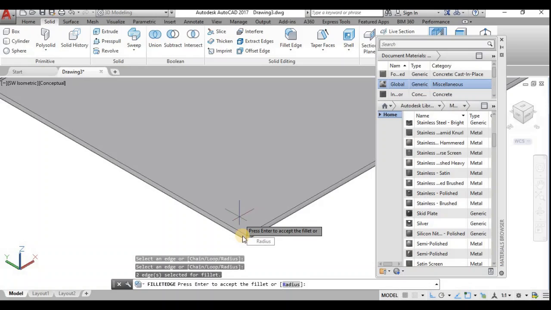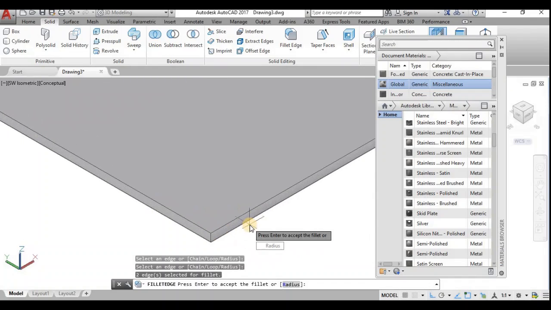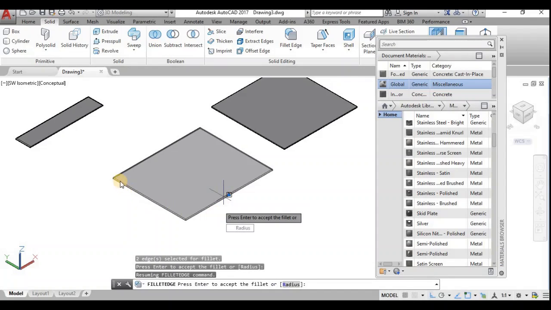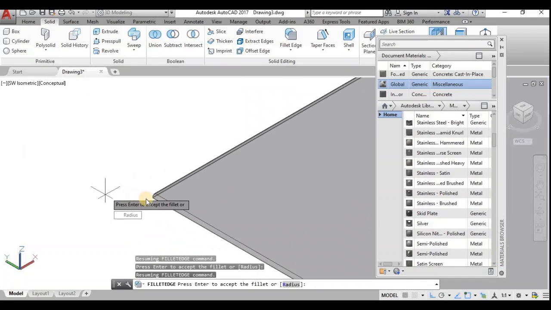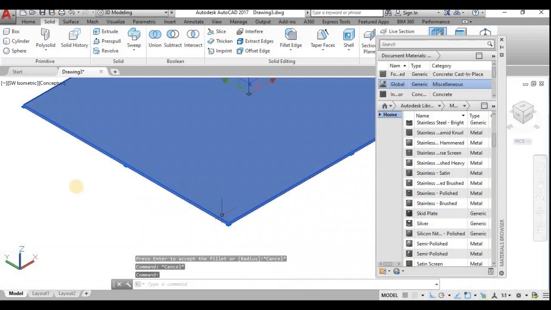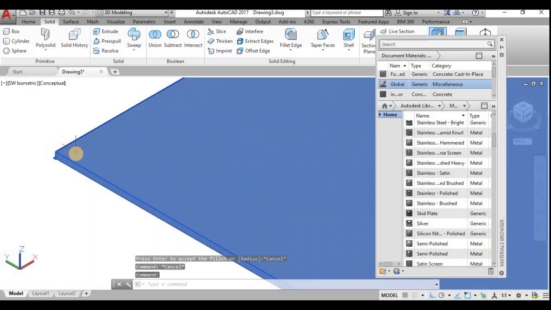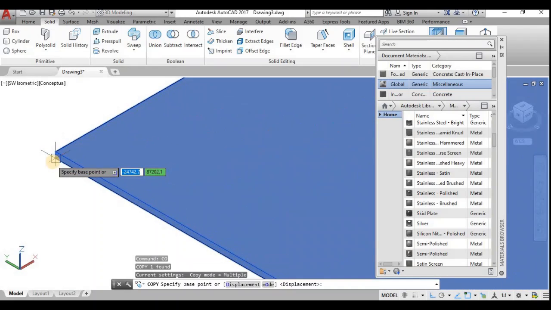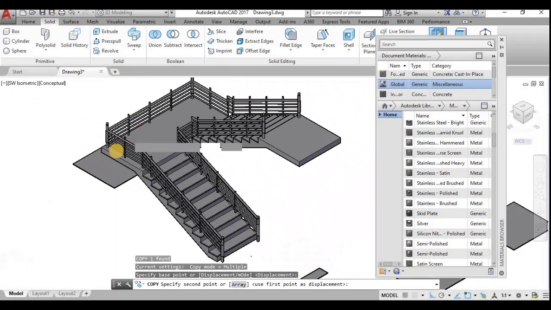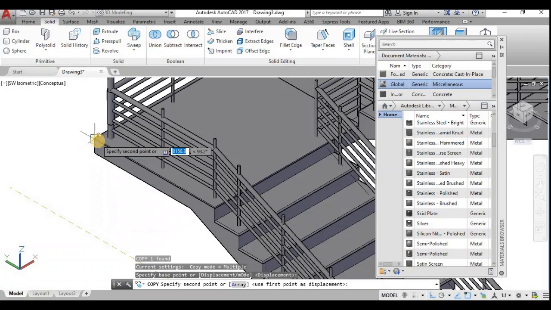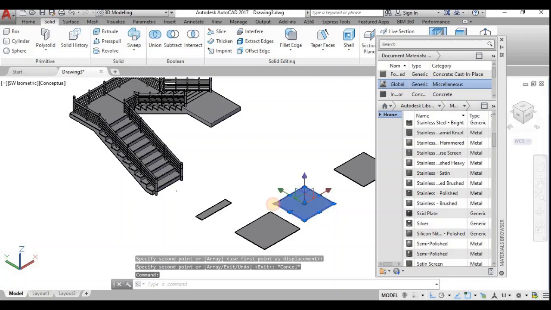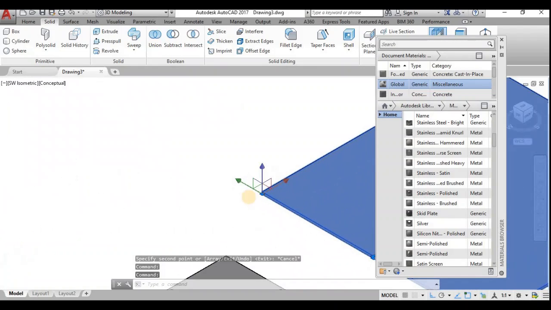Now I shall take this fillet, copy and paste it at this edge, and the remaining half portion I need to place here.